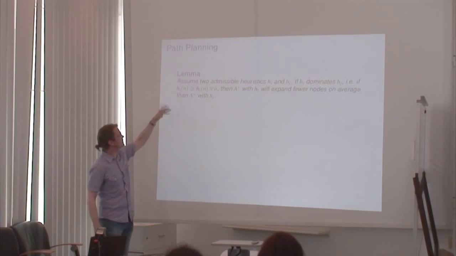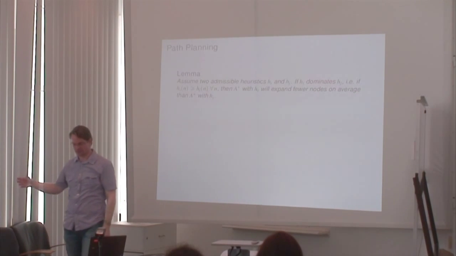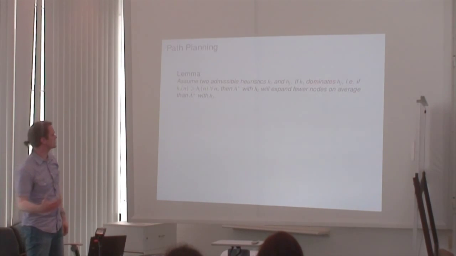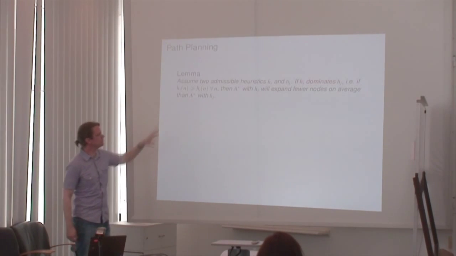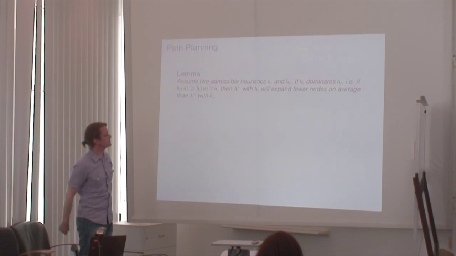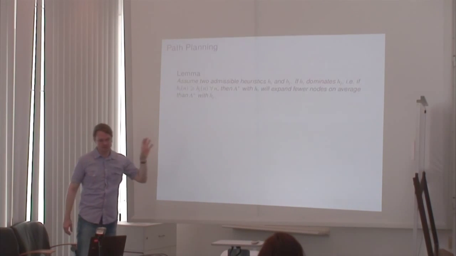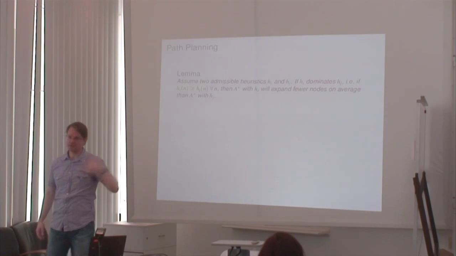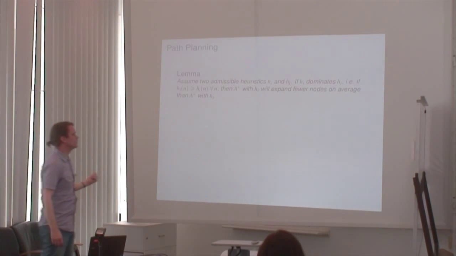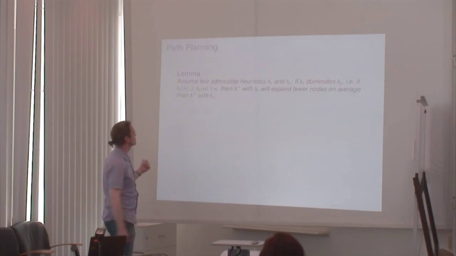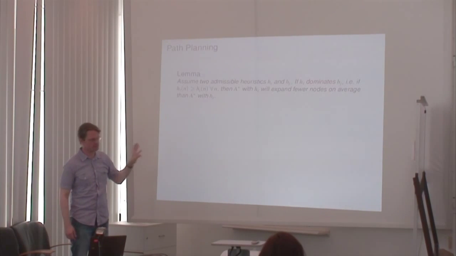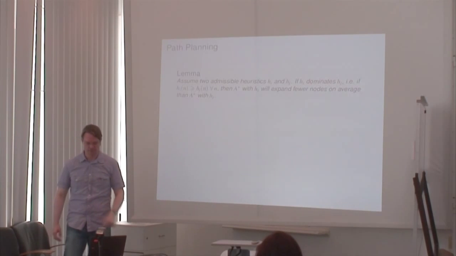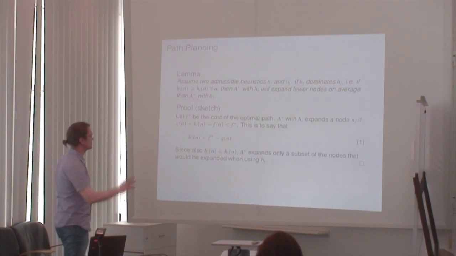If Hi gives a larger or equal value for any vertex n in the graph than Hj, then we say Hi dominates Hj. Now we can prove that for these two heuristics, A star, if we run it with the dominating heuristic Hi, will expand fewer nodes on average than A star with the heuristic Hj. And here is a sketch, so we have to be very careful here,